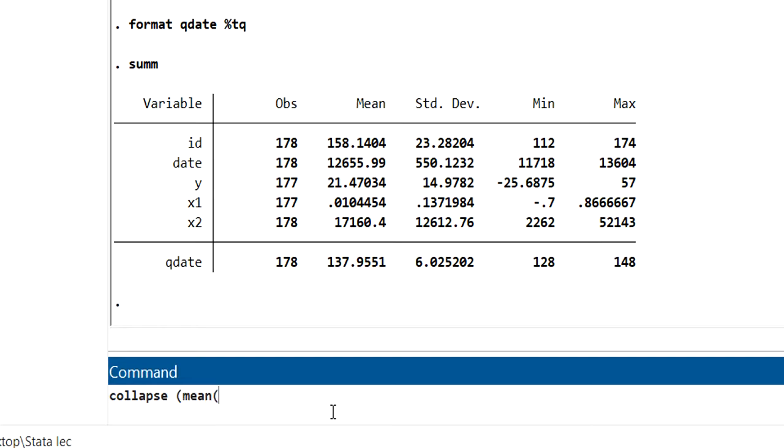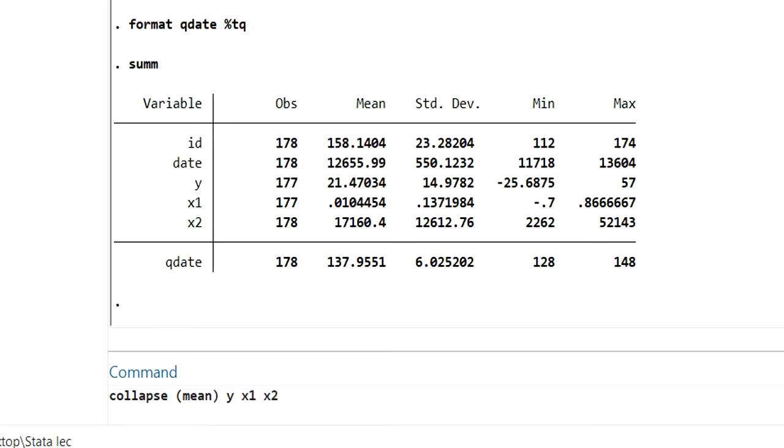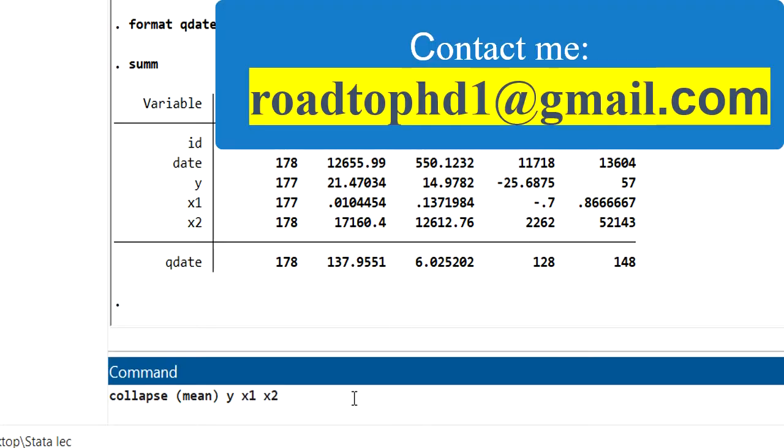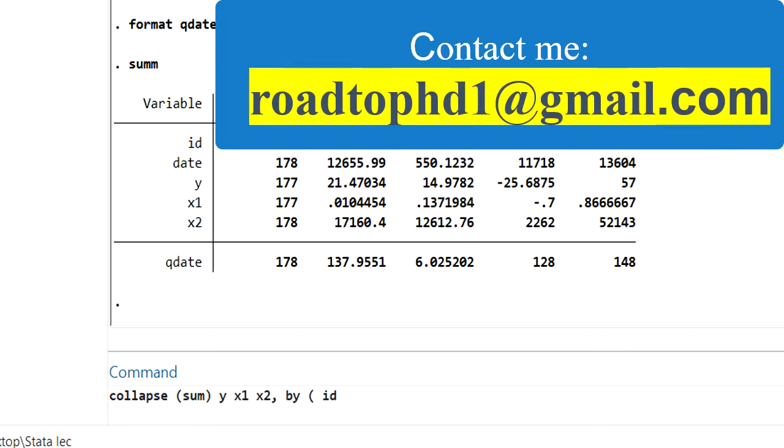So when you run the command collapse, we want to collapse by mean: collapse (mean) y x1 x2. So we want to collapse these three variables. If you want to collapse them by taking the sum, you can just replace mean by sum. After that we place a comma, then by, and we say id and qdate.